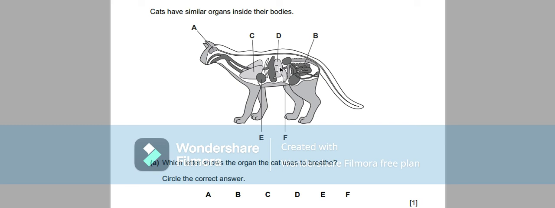The stomach, and we also have the intestines. B, the intestines also, right? So we have two here. We have D. You can either say D or B. In D, in the stomach, that is where gastric juices are produced,